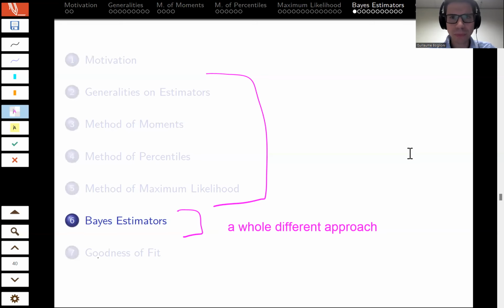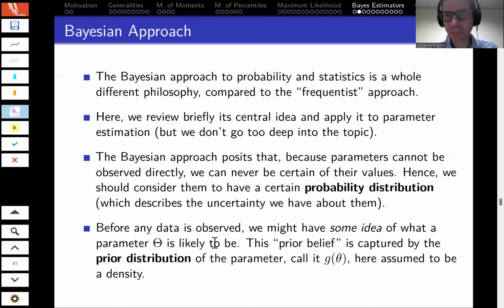Hello, everyone. So this week we started talking about Bayes estimators, but here I'm gonna recap what we said and then finish off this topic. Well, in fact, we hadn't done that much, so it makes sense to start again from the beginning. So we mentioned that this is a different approach to statistics in general, but in our case, we're going to talk about estimation of parameters.